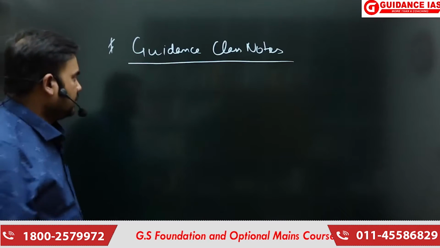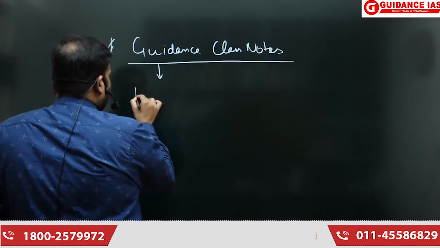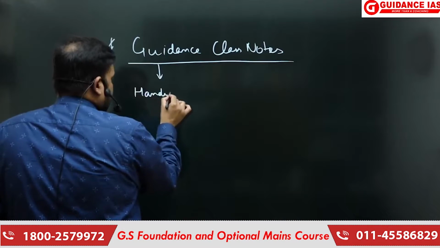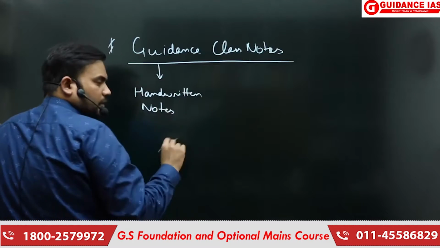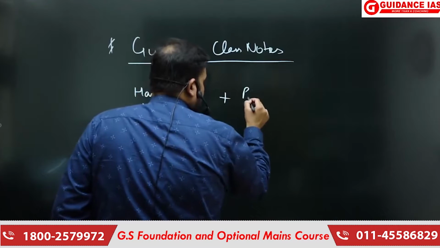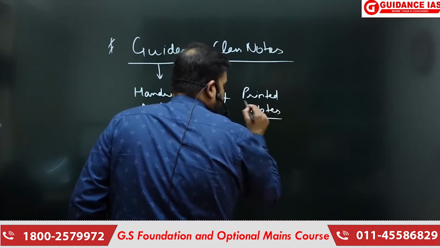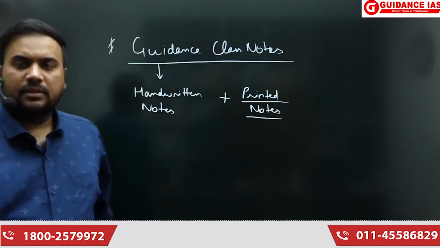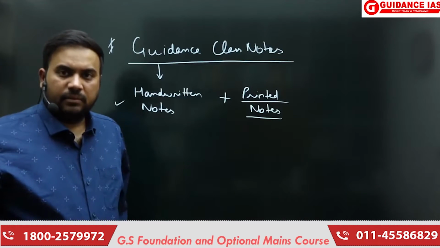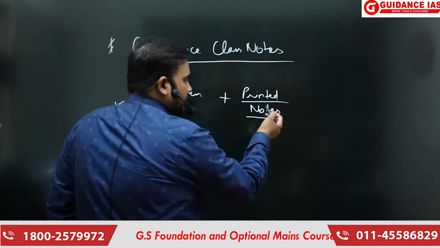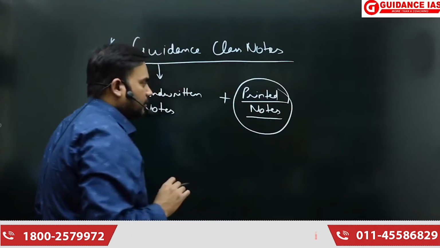Just one thing I'll tell you, that there are two types of notes which we give in our classes. One is the handwritten notes, जो students लिखते हैं, that is handwritten notes. But we always supplement some handwritten notes with some printed notes. I'm telling you this because many of you have asked me कि sometimes some topics are missing in handwritten notes. So where are those? Basically the main reason why they are missing, or look small or incomplete, is that they were supplemented with the printed notes.